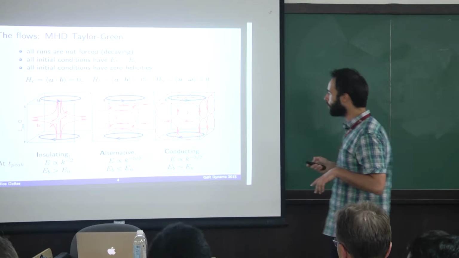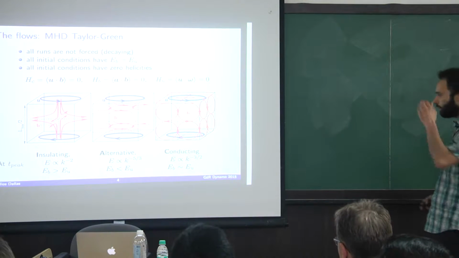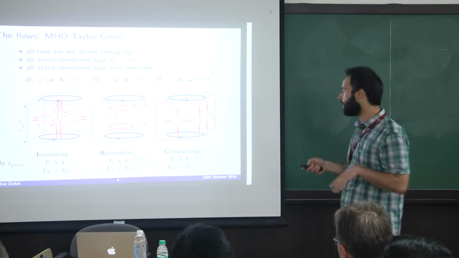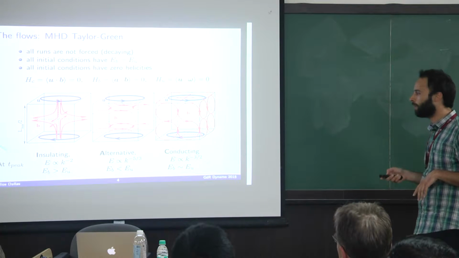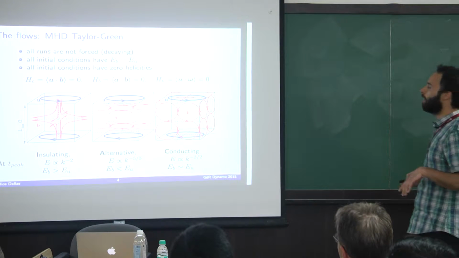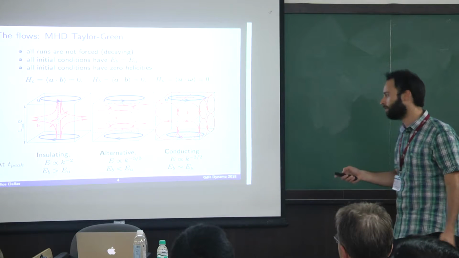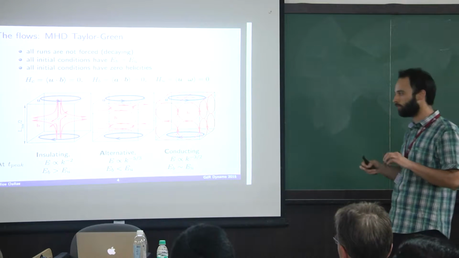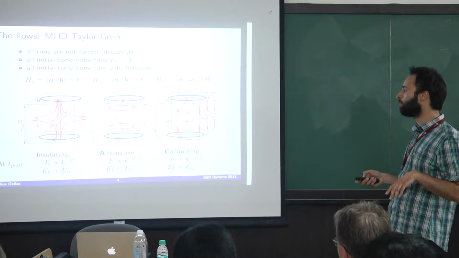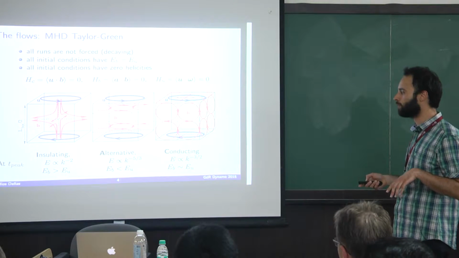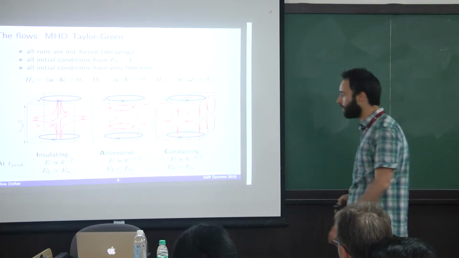So these are the three different configurations they used. The blue indicates the velocity, the red indicates the magnetic field. So they had one case where basically the current was parallel to the wall, so they called that case the insulating case. In this case, they observed at T peak, this is the time, again, that the dissipation rate is maximum, the k^-2 spectrum, and they also observed that the magnetic energy was much greater than the kinetic energy.